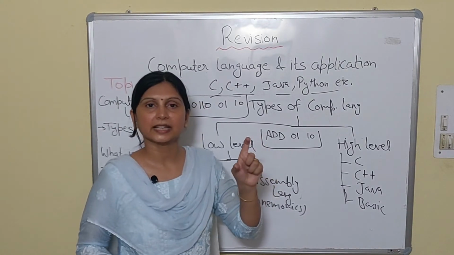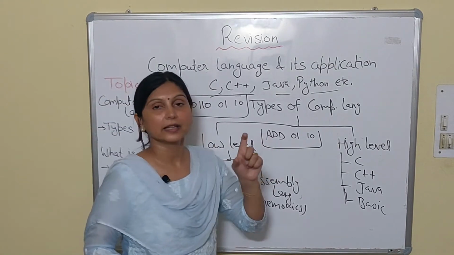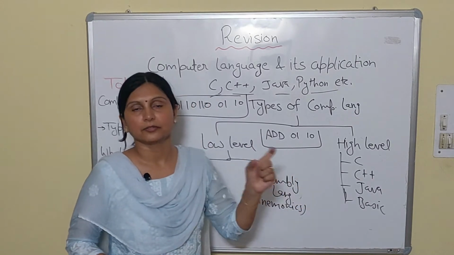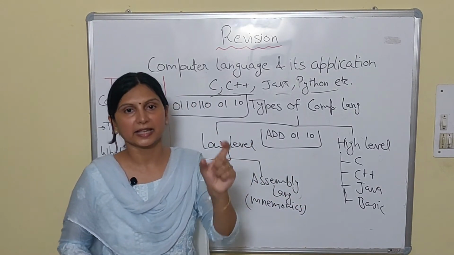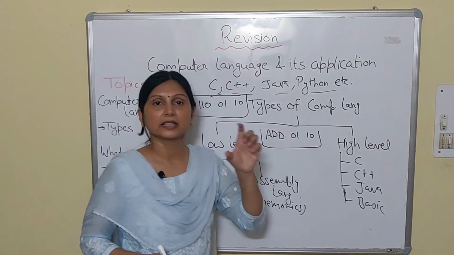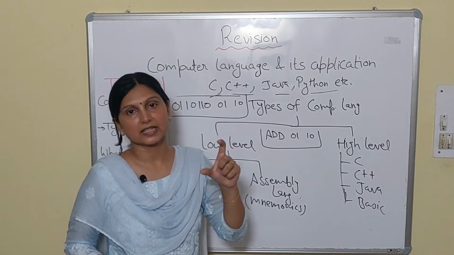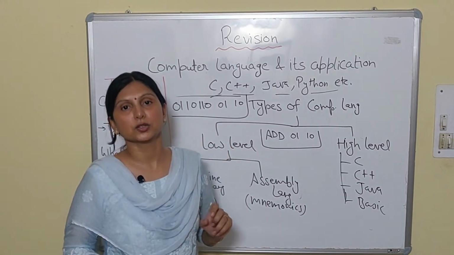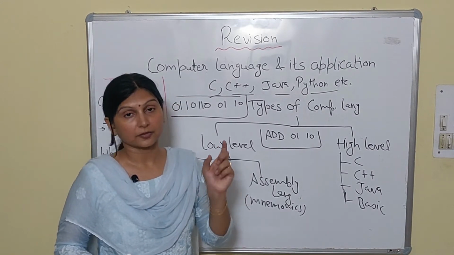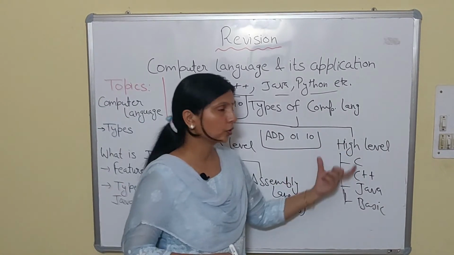Interpreter reads the first line and then converts it into the machine level language or binary language, we can say. Then it comes to the second line. If any error is there, it will display the error line wise. But in the case of compiler, it will read the whole program at once. If any error is there, it will show you the list of errors in the whole program. Then after that, it will convert into the binary language. I hope it is clear.